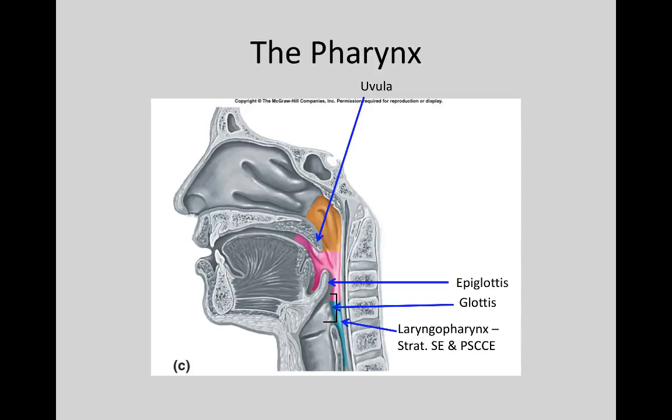This blue region is called the laryngopharynx. It is lined with pseudostratified and stratified squamous tissue because both air and food are passing through this region. And back here is the larynx. We are going to continue our trip through the larynx, also known as the voice box, and follow air down